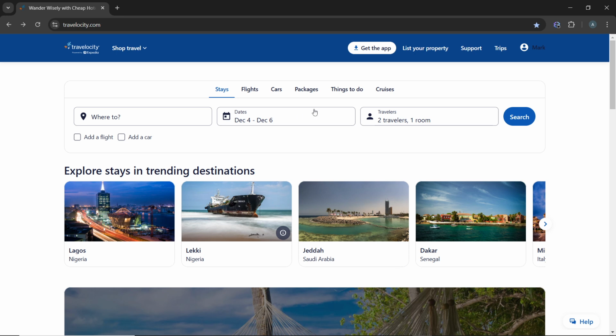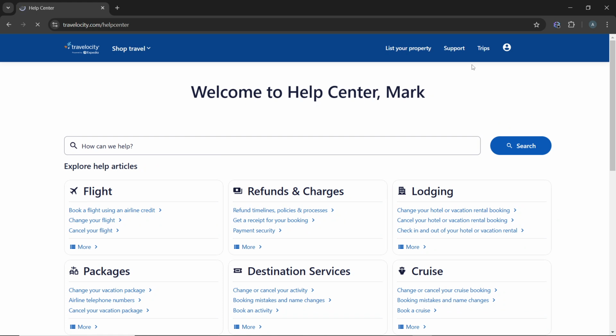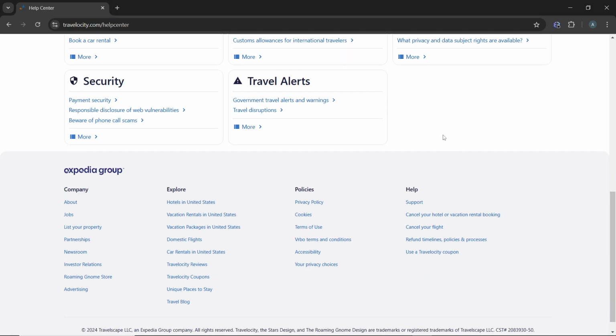So the first thing you do is to head over to the top right corner of your screen. You see a couple of tabs, which includes list your property, support, trips, and of course the profile name right there. Now go ahead and click on support, and once you click on support, it's going to take you to the Travelocity Help Center. In this Help Center, you can scroll all the way down until you find the option